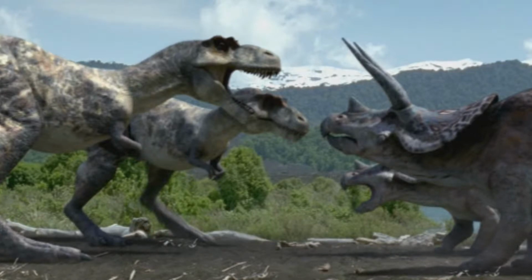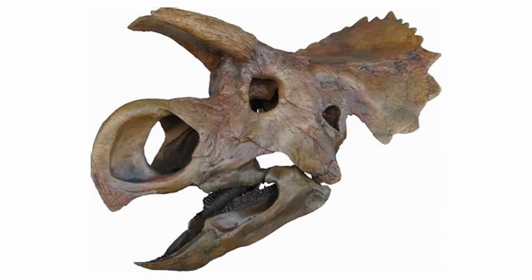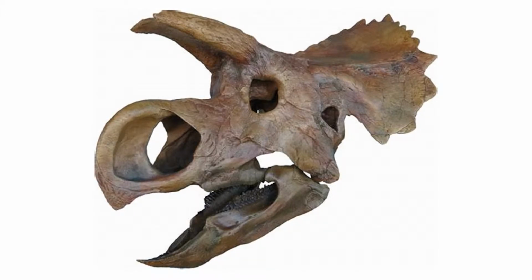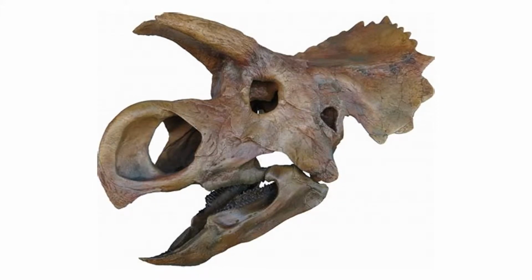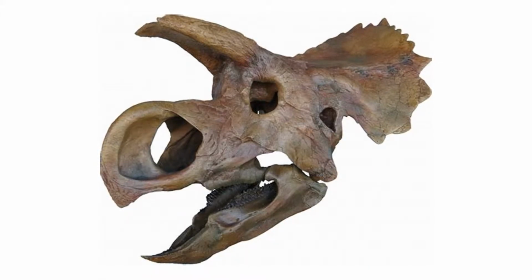Ceratopsian skulls were not just long in the frill, but in front of the eyes as well. This horse-face shape likely helped them reach low-growing plants to eat without having to bend their relatively inflexible necks or arms to bring their mouths closer to the ground. The frill would have served as a counterbalance to these long faces, making it easier to pull up on a mouthful of plants once the beak at the front of the skull